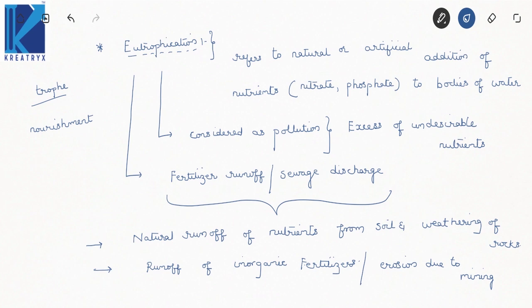Right? Now let us discuss the effects of eutrophication, right? Effects of eutrophication. Now what are the effects? Now already we have discussed this. Due to addition of nutrients to the water bodies, your algal blooms will be rapidly increasing in population in the water bodies. Now some algal blooms are the result of excess nutrients, and a higher concentration of these nutrients in water is caused by the increase of these algal blooms.